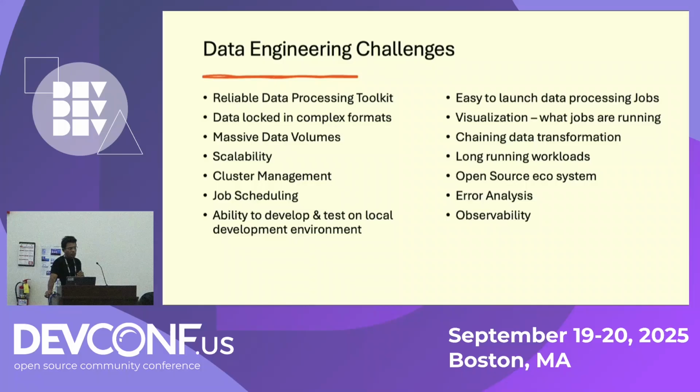Obviously, we need an open source ecosystem, because these tools evolve, and we do not need to be locked into a specific vendor. And we should be able to switch those tools as we want as well. We should be able to do error analysis and observability. So these are all